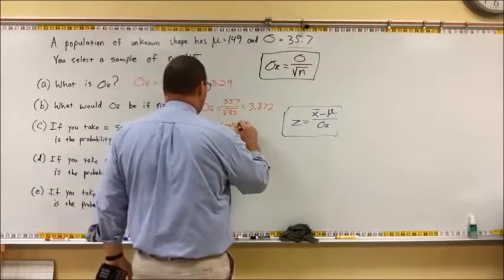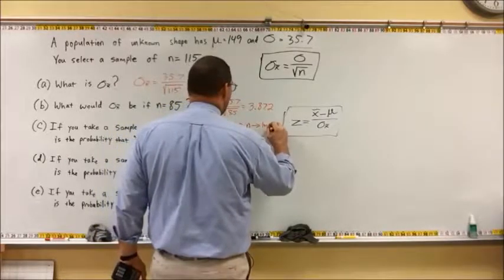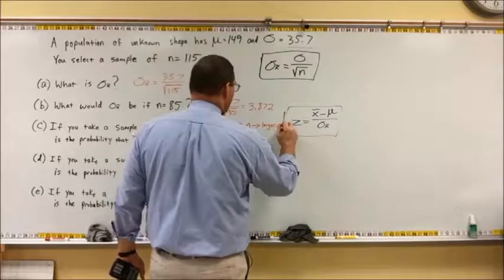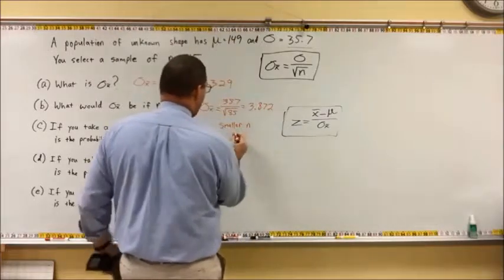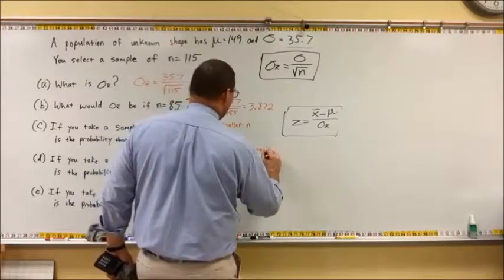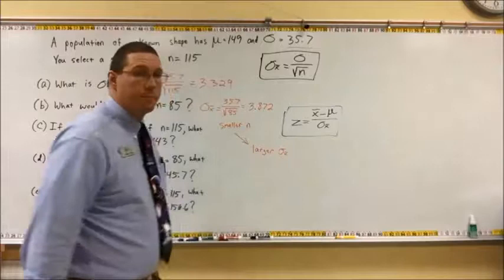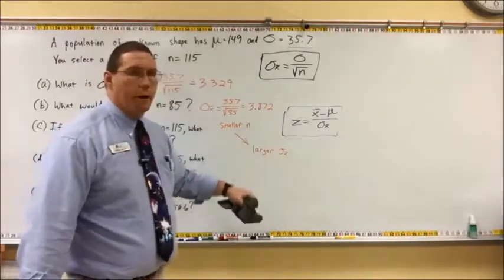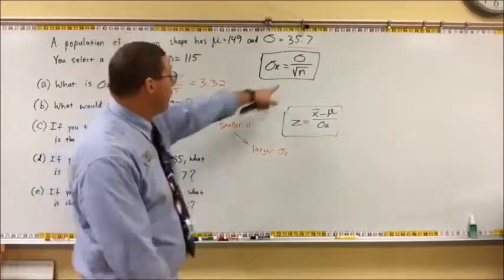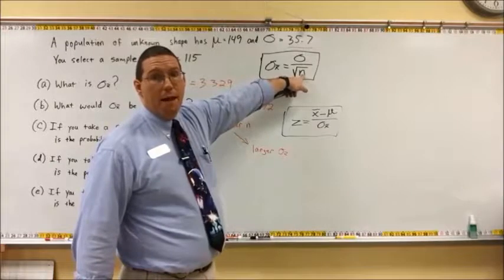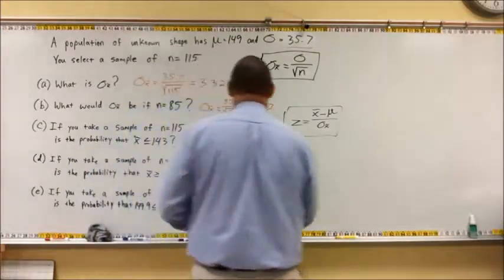A smaller sample size leads to a larger standard error. Okay? Smaller sample size, larger standard error. Larger sample size, smaller standard error. And it's all because you're dividing by the square root of the sample size. So as this number gets larger, the overall quotient gets smaller. Okay? All right, let's move on now to part